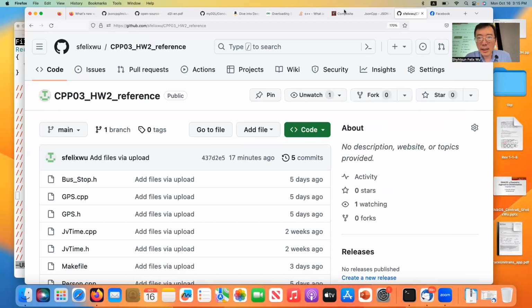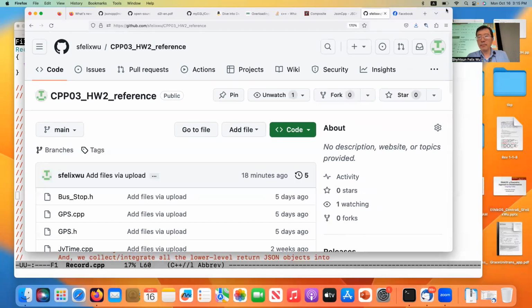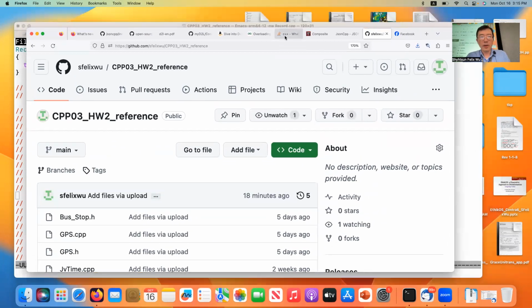Let me move my. Wait a minute. Can I shrink my window a little bit? Okay, so